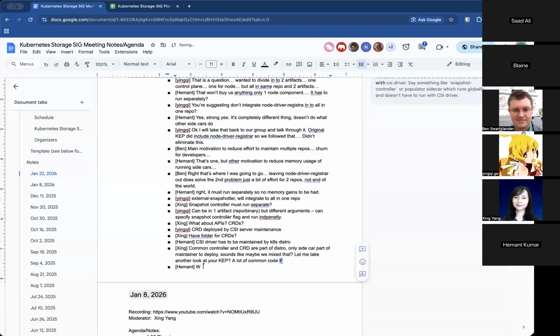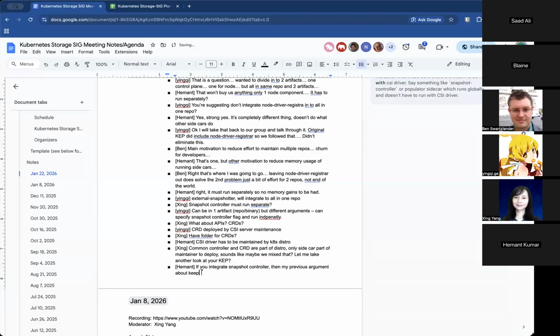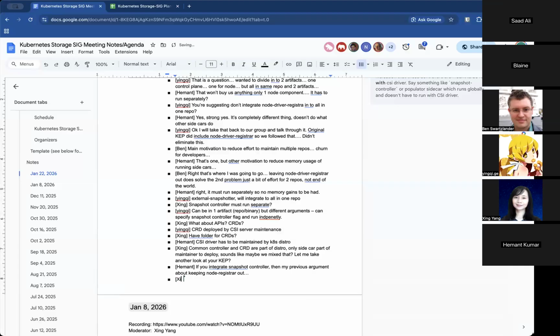We need to think a little more about this. And if you are going to integrate the snapshot controller, then my previous argument about keeping the node registrar out becomes moot. You cannot call it a sidecar anymore if you have the common snapshot controller. That's definitely not a sidecar, and it will be very confusing for people, right? So we need to take a closer look at the cap and think more.